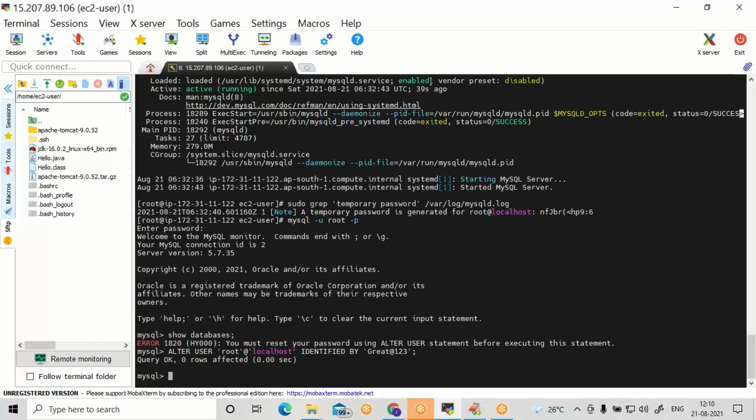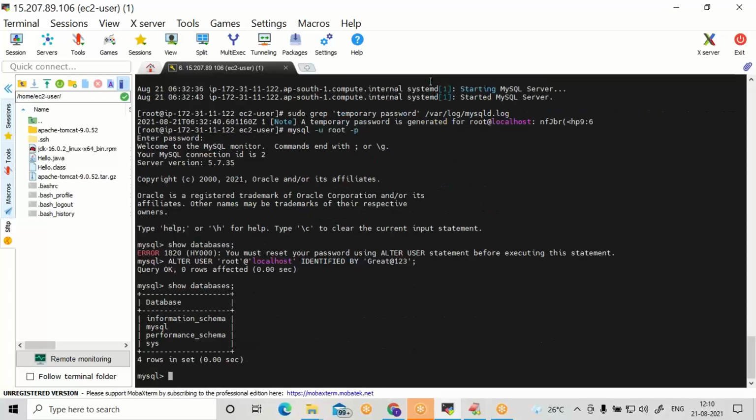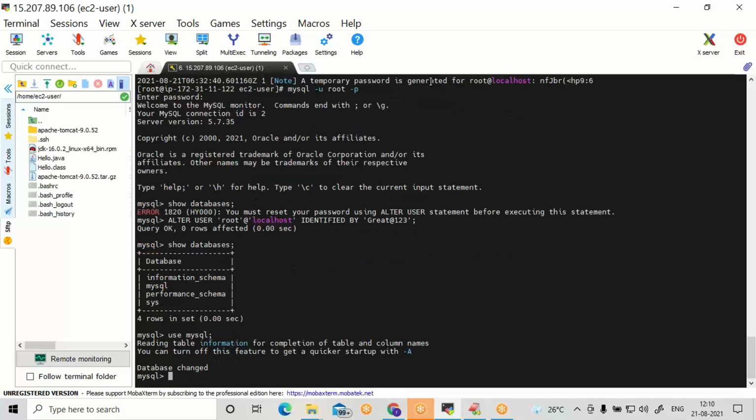Now you are able to run other commands. Show databases. Now it is showing the databases. Use any one database. I'm going for use mysql. I triggered use mysql.